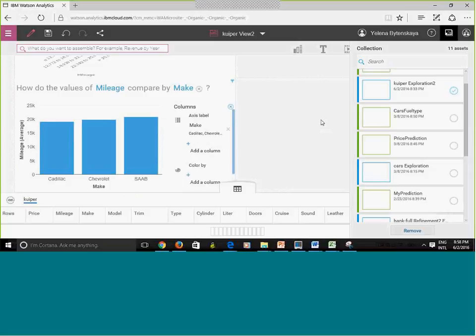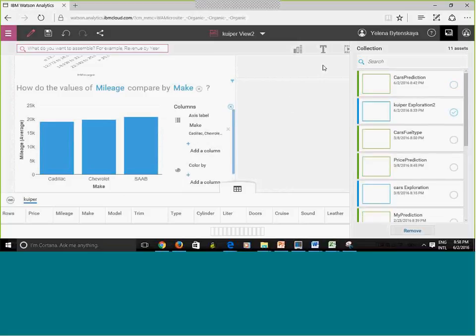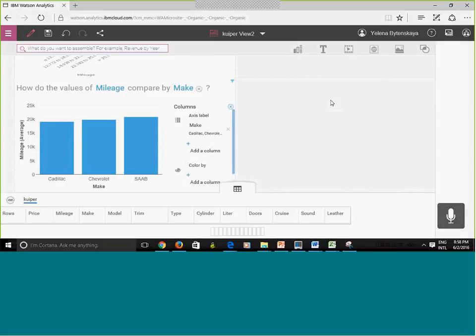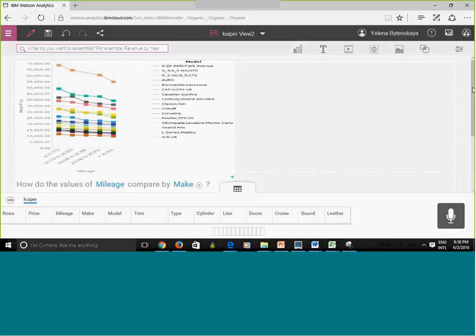What I could also do is, let me close this out, and I can add text, and I can add anything basically I want. Like I can add right here, and I'm just going to type something in here, just for the sake of the example.